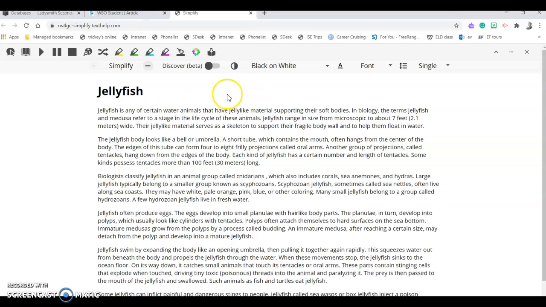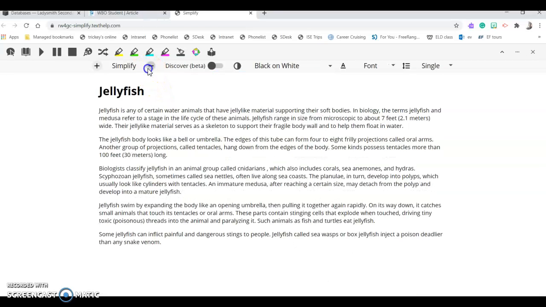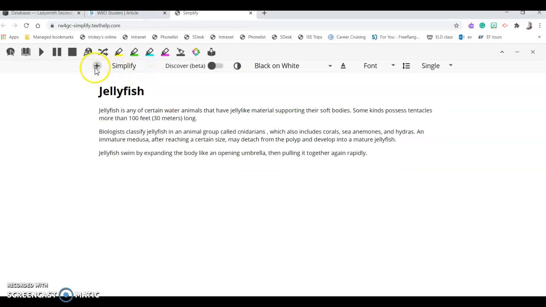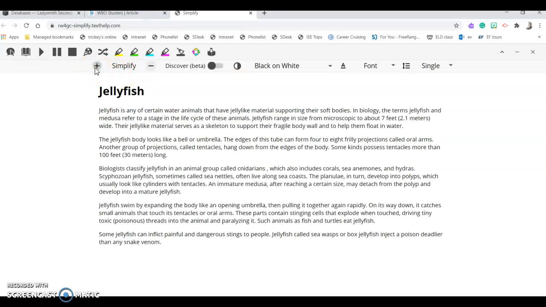As we simplify our text, we can click on the negative and plus icons to make it smaller, to reduce the amount of information, or to add information. We're going to start with here. Now that we've simplified our text, we can use features such as reading,